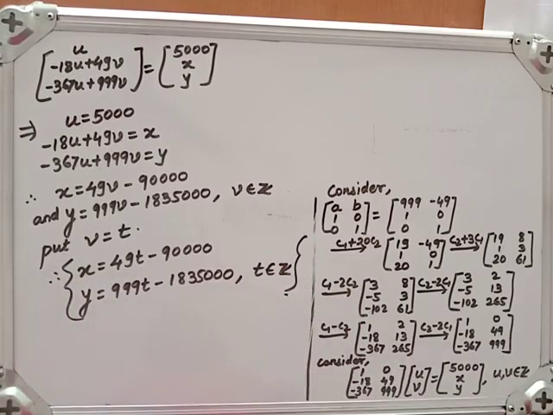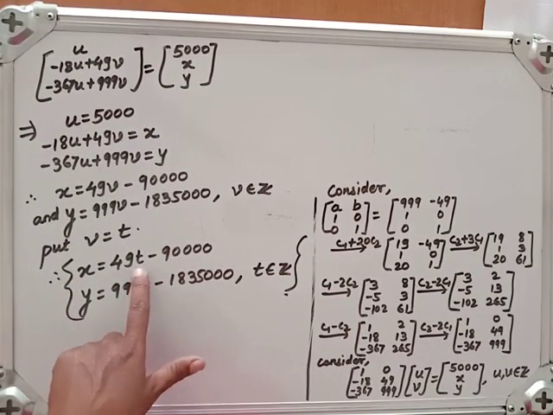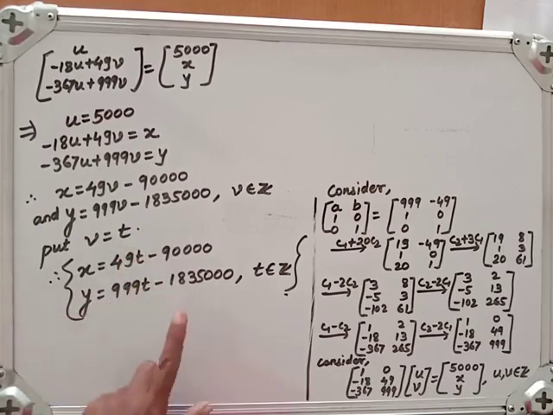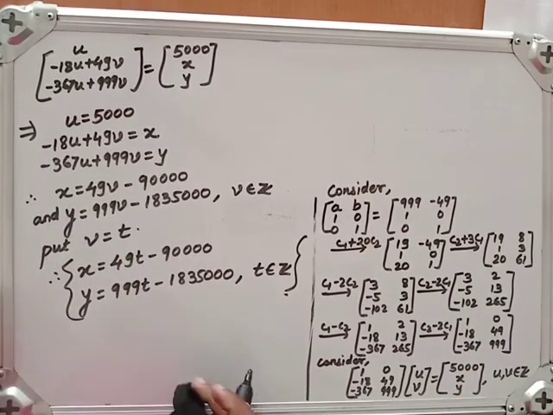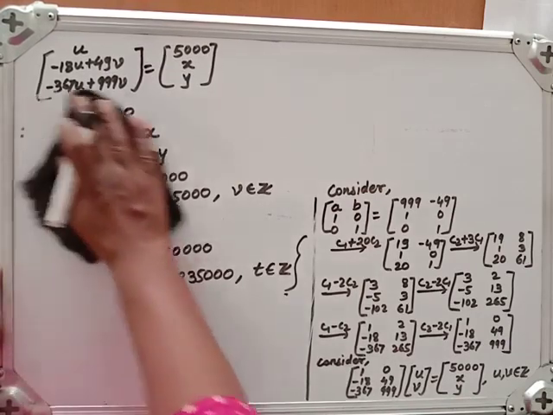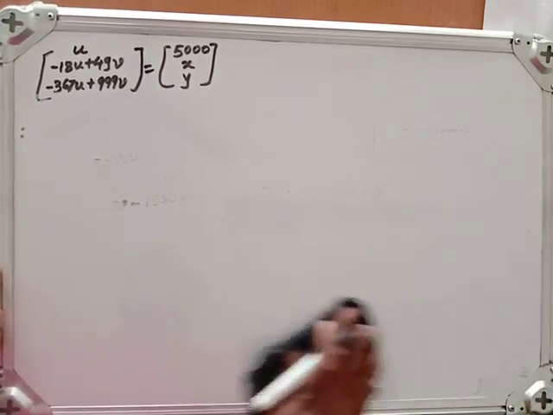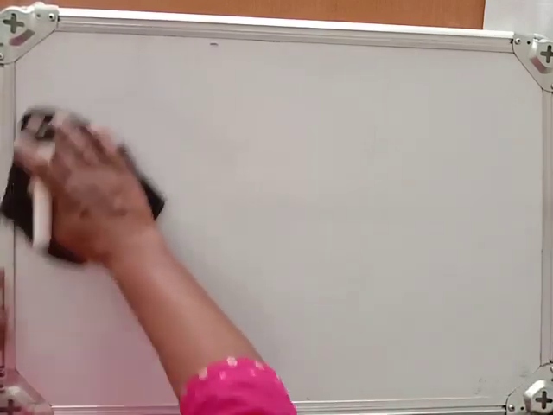Now, to make this positive, we can put something else also here as v. So that is your choice, or if you keep it as it is, it's also the solution for this. Now let's take the next example. Same thing, we will find x and y satisfying the given Diophantine equation.